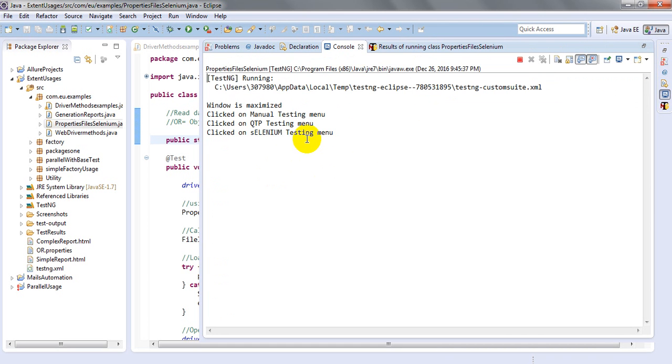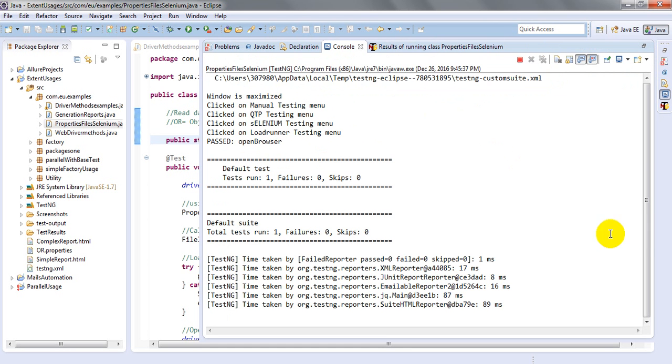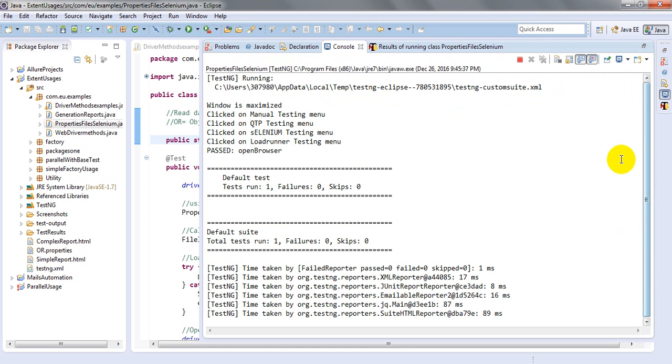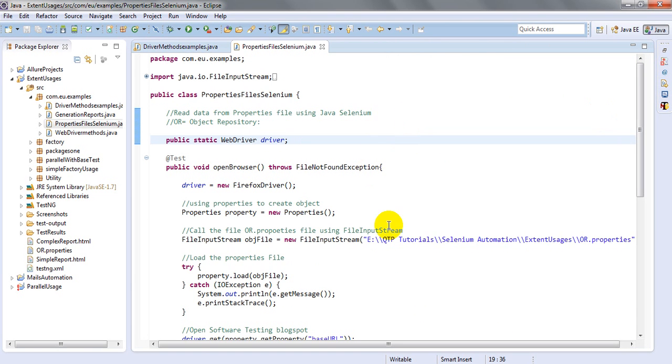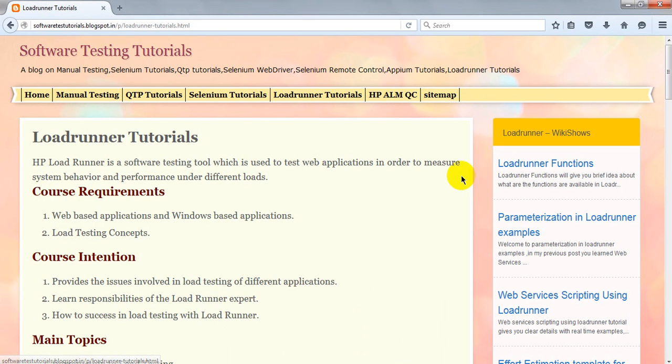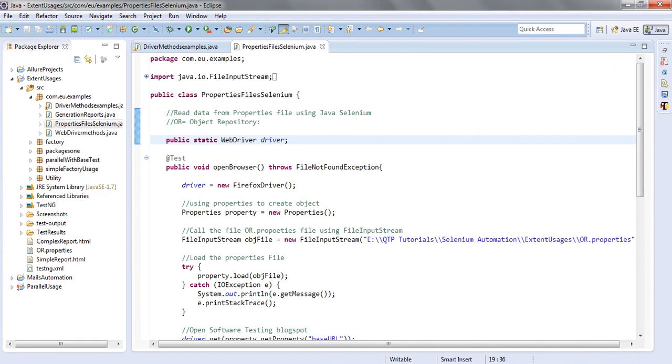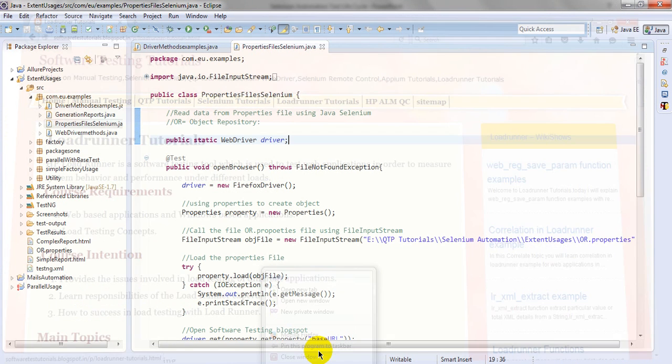Everything it is displaying. Instead of always running, you need to debug the script. Like this you need to check for debug each and every time while you are preparing your test scripts.